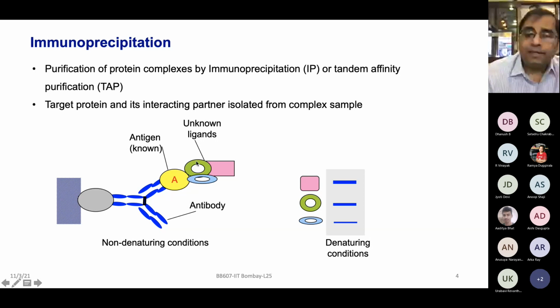So these could be direct interactors, whereas the pink one is something which is associated. It may be a direct interactor, it may not be. It could just be a sticky protein which is linked to the green protein, but not directly associated with the A protein. So therefore, these two proteins could be good interactors. The pink one could be just a sticky protein which is just coming along as part of the complex.